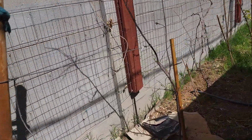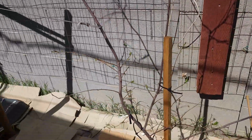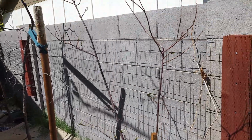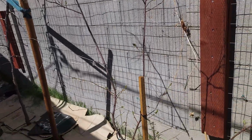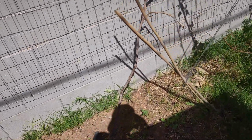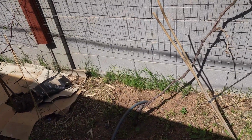Methley plum, RSI, planted in December, just waking up. Doesn't look like it's going to flower this year. Well, that's okay. Grapevine that I moved from its original spot, and hopefully it'll fill in this trellis quite nicely. That is the red flame grape,